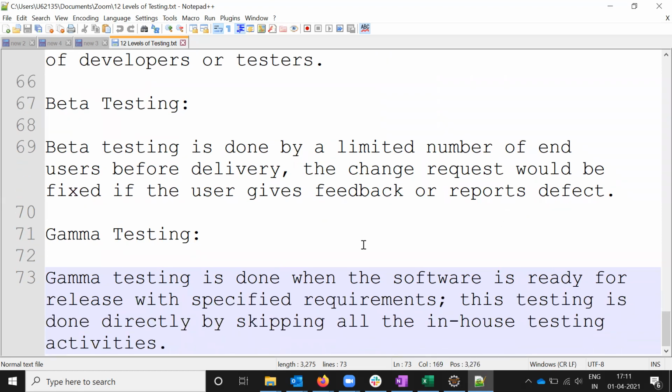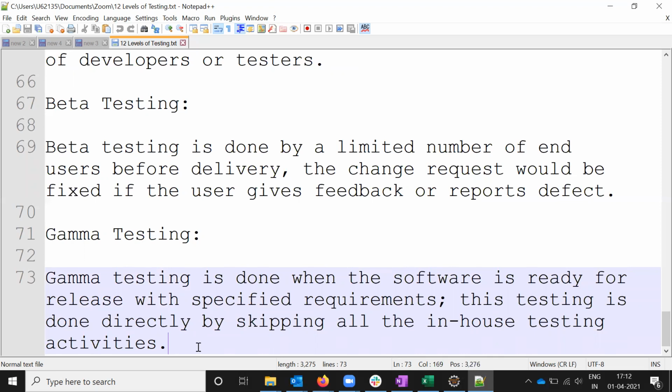Gamma testing is done when the software is ready for release with the specified requirements. This testing is done directly, skipping all in-house testing activities. Gamma testing is nothing but the in-house testers who tested before will not test here. Remaining people can test it.